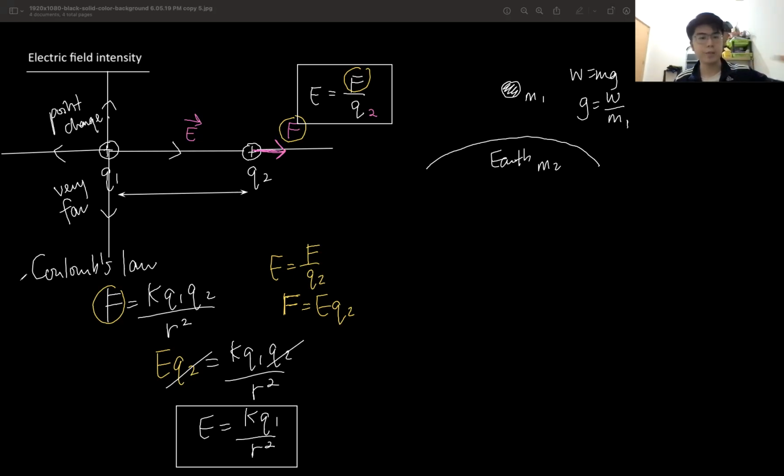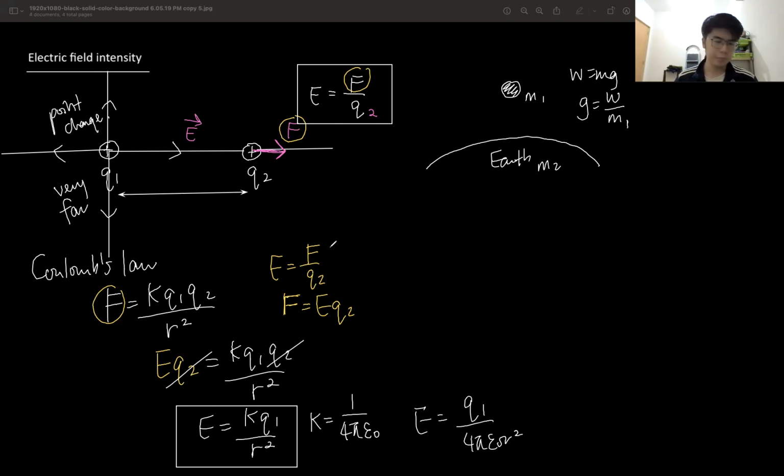Okay, a charge that is one singular point. The K, I can also write it as 1 over 4 pi epsilon, like that. So sometimes you will see they write it as E equals Q1 over 4 pi epsilon R squared. Okay, now